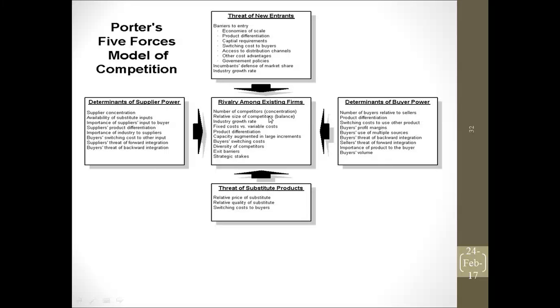Then we have the threat of substitutes. In some products, if we have a cream, Nivea cream or Dove cream, there is always a threat from local or Chinese products that might be substitutes for these. We need to think about which industry we are in. Is the substitute risk high, low, or medium? Using this model we can do analysis, and in the hospitality industry it is quite a good model to use. Any questions?